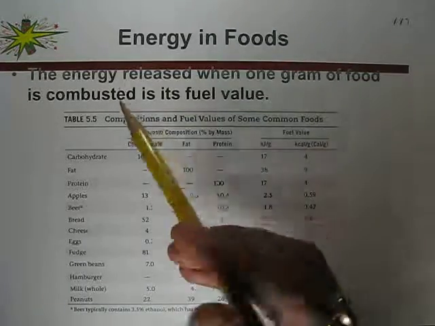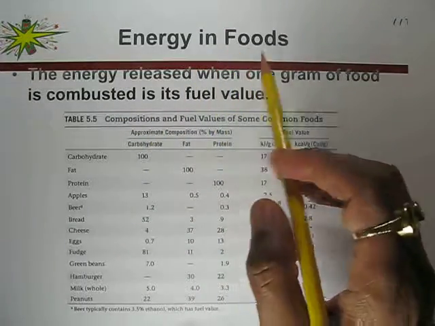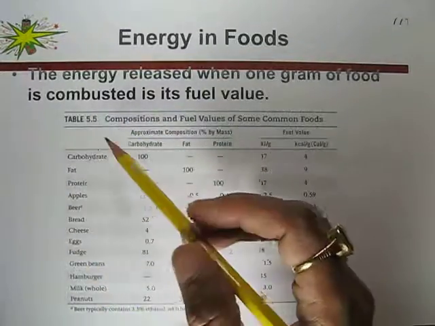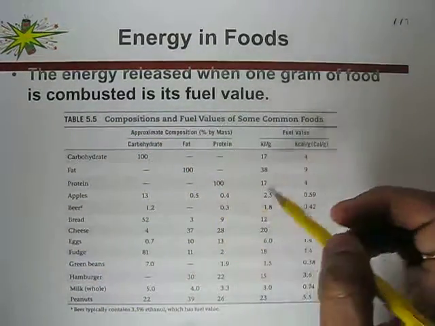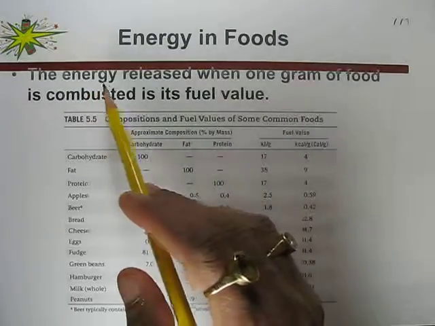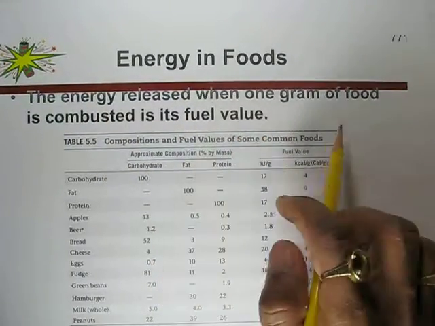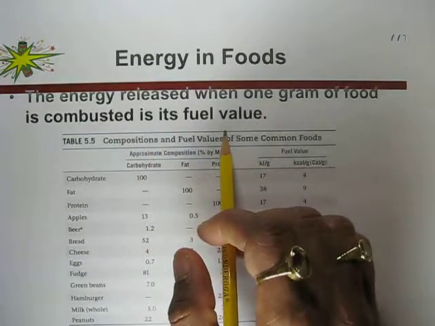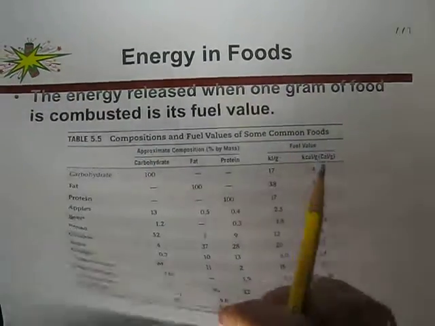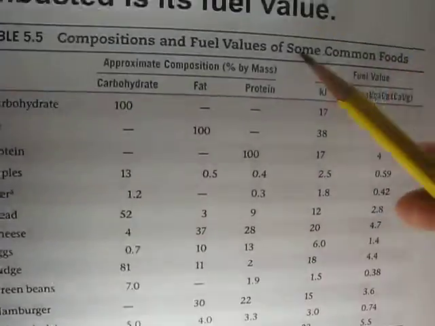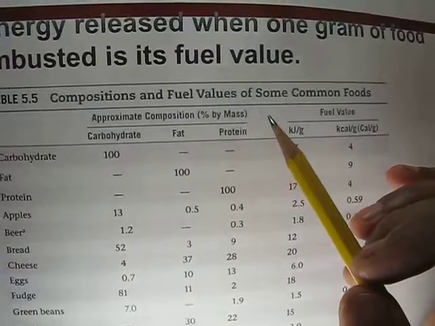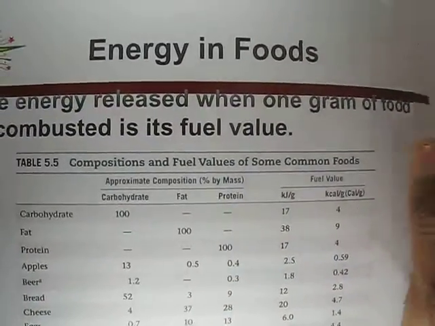So in this video we will study the energy in food. This table shows different types of foods and how much energy they release. The energy released when 1 gram of food is combusted is its fuel value. So if we see this table, it shows the composition and fuel value of some common foods